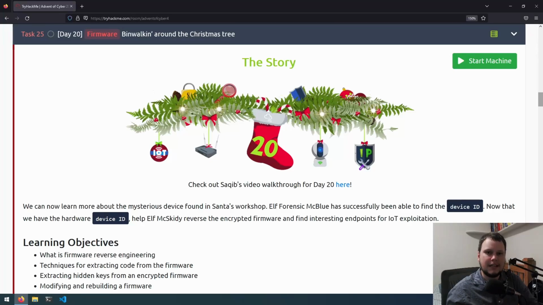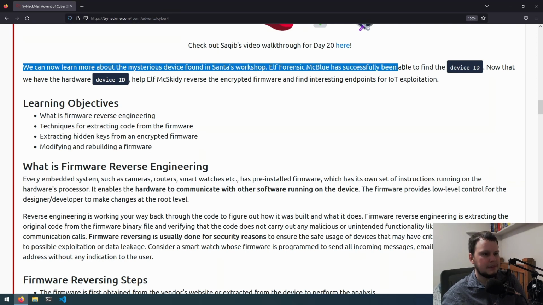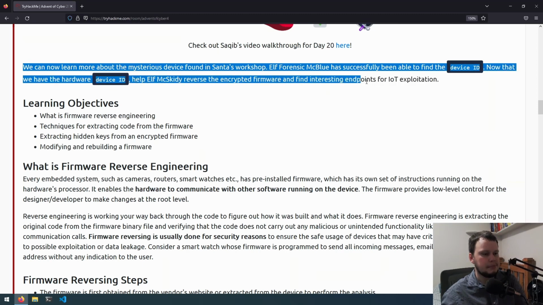Today is day 20 of Advent of Cyber, and today's challenge is called Binwalking Around the Tree. We can now learn more about the mysterious device found in Santa's workshop. Elf Forensic McBluey has successfully been able to find the device ID. Now that we have the device ID, help Elf McSkitty reverse the encrypted firmware and find interesting endpoints for IoT